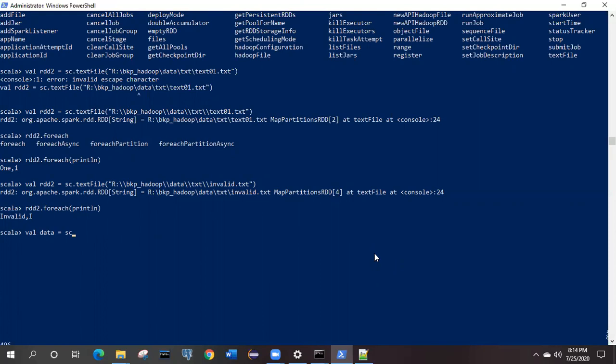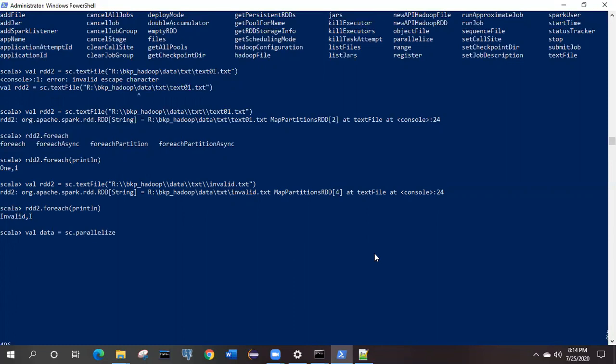inside this, data equal to sc, no, we'll create a little bit smaller. Okay, so what I can create inside this one, we are simply going to use the sc.parallelize method to directly create it.